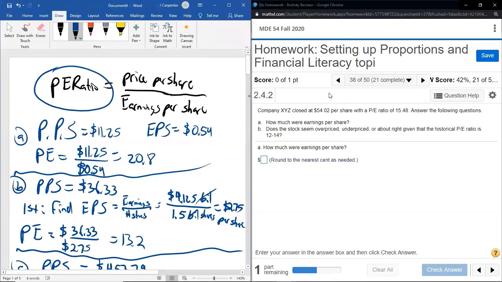They also tell us that the closing price per share is $54.02. That's not earnings, that's price, and it is per share. So that's this thing, which means at the bottom, the earnings per share is the unknown. So that's going to be our X. So we're just going to take this equation,